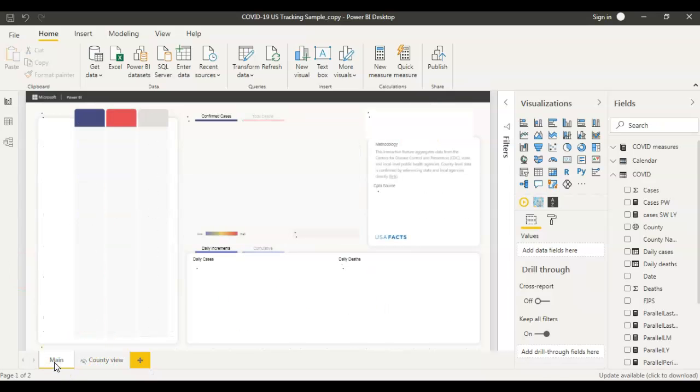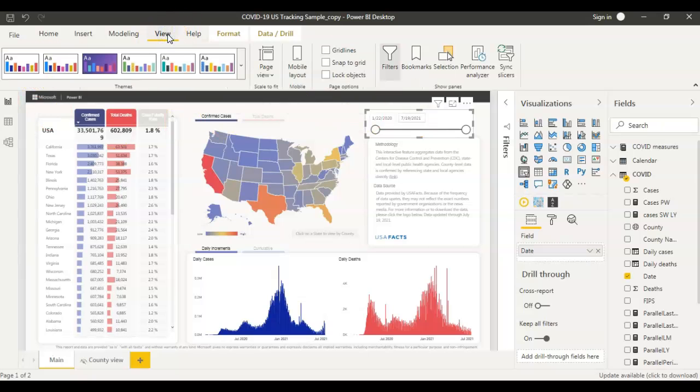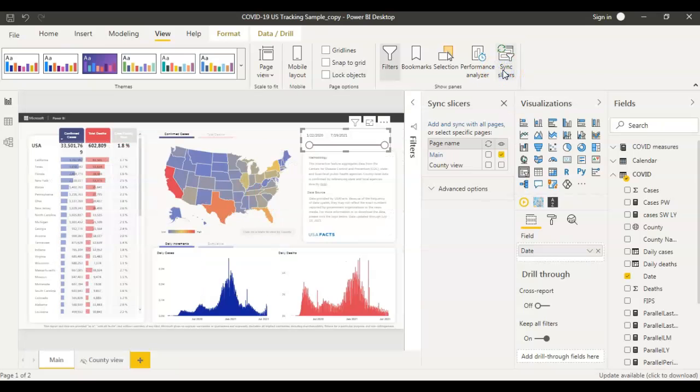So now what I'm going to do is click on this slicer visual, and if you go to View on top, there's an option called Sync slicers. You click on Sync slicers, and on whatever page you want to use the slicer, you can just check that.